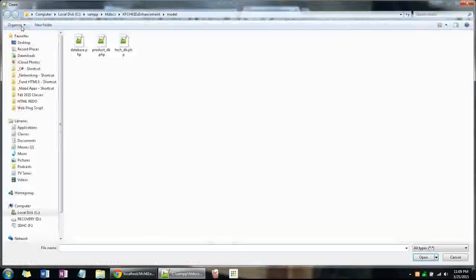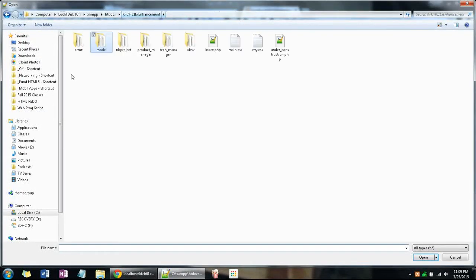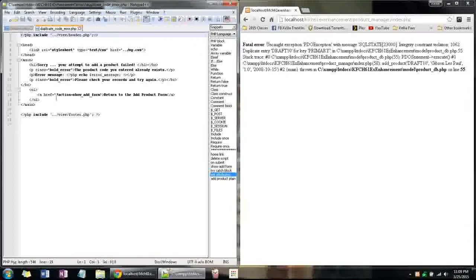So let's open, and I've already done it. We just want to go to tech support, errors, and I've called mine duplicate code. You'll want to make yours something else. But basically it just says, sorry, your attempt to add a product failed, the product code you entered doesn't exist. And then the error message, it echoes out the actual error message that was here in